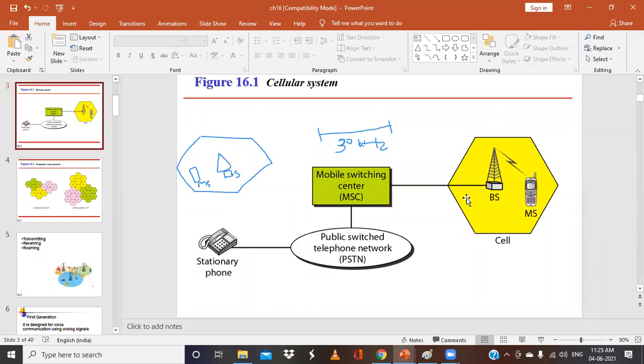And then this mobile station will adjust the tuning, or automatically it will adjust to that particular channel, and the communication can begin. So why is this adjustment required? Because there can be different bandwidths, or different channels can be available. So it has to make a little adjustment to that particular band or frequency, and it will establish the connection, and the communication can begin in terms of transmission.